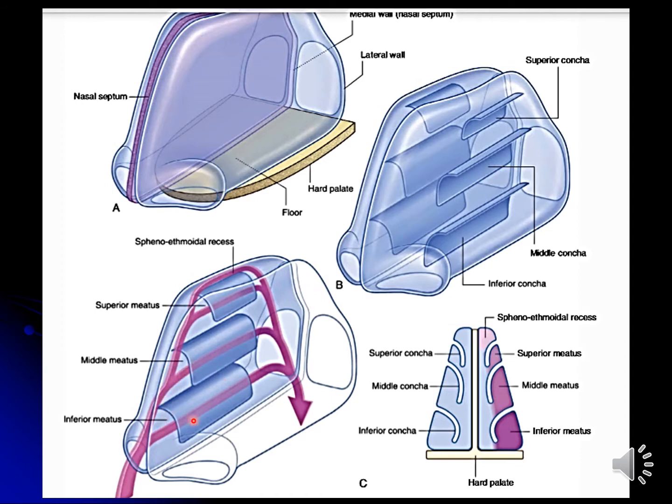So that diagram is showing how the air is passing through these openings into the sinuses, which we are going to discuss. So if we take a section from this portion, what we will see on this side, we can see this is the lateral wall of the nose, this is the roof or bridge of the nose, and this is the floor of the nose relying on the hard palate. This is the median septum, and median septum is forming the medial wall of this nasal cavity on the right side as well as medial wall on the left side.